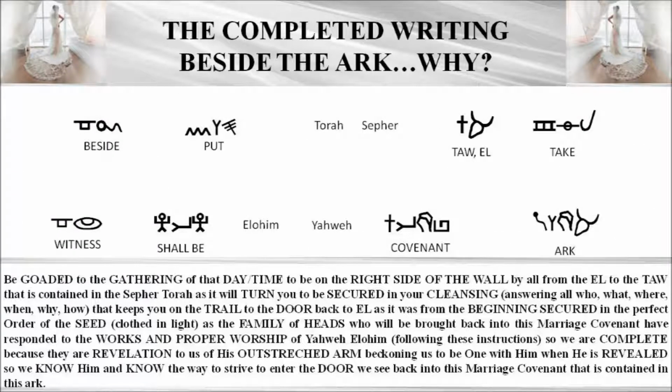From right to left, we're going to read, starting at the top row. Each time you see a capitalized word down here, it goes with a letter. So, this completed writing that's beside the ark, why is it there? So we can be goaded, lamed, to the gathering, kuf, of that day and time, to be on the right side of the wall, het, by everything from the El to the Ta, that is contained in the Sefer, Torah, as it will turn, samekh, you to be secured, vav, in your cleansing, mem,